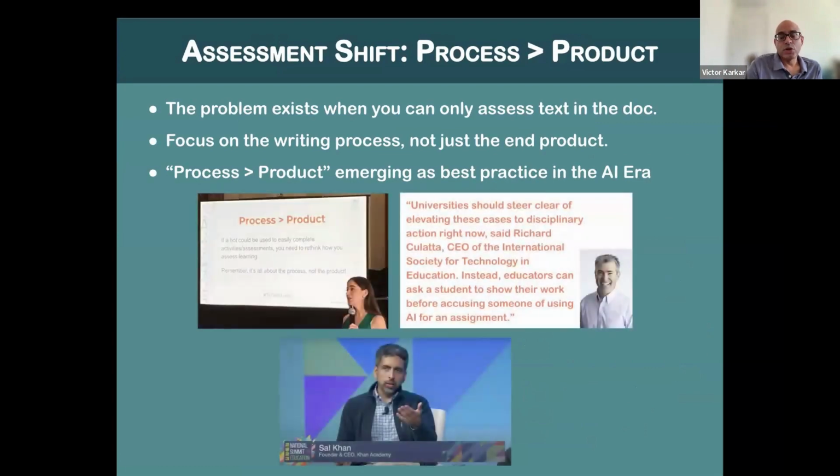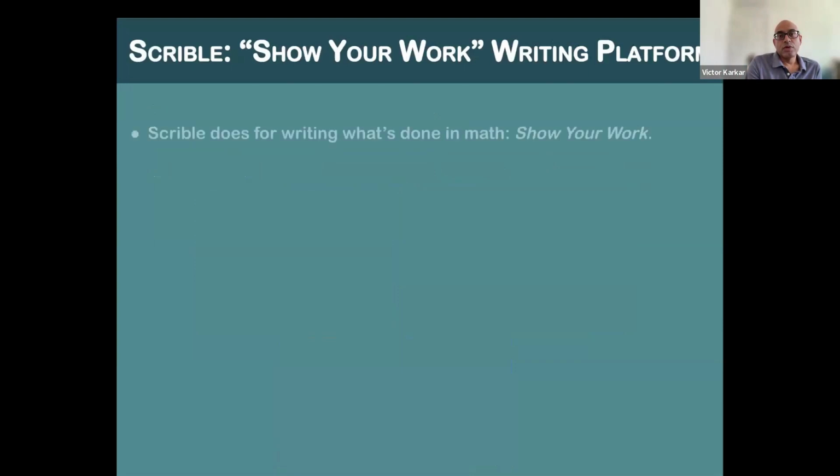And we came to this very early, given the work that we've been doing in the writing process from the get-go. But a lot of other people thinking independently and deeply about this problem have come to similar conclusions. And so, at the end of the day, I think what we are able to offer is Scribble, now that you see how it works, is really able to make the process visible to you and the teachers you work with. And through that assignment library that gets handed in at the end of the assignment,